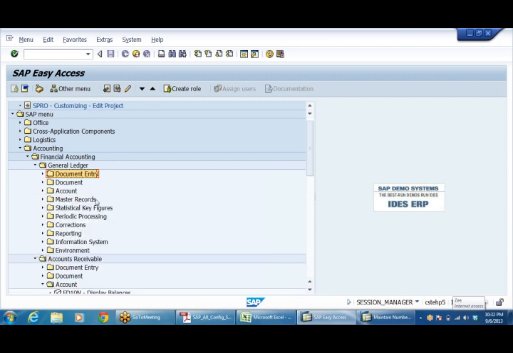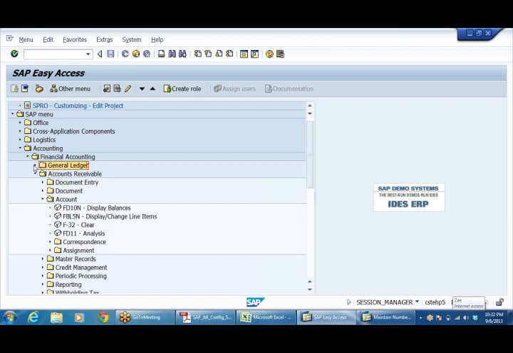So this is posting of an invoice. Now receipt of payment, right? Receipt of payment we'll see in the next session, because there is the clearing of open items. A lot of explanation is required for that. Right? We'll take it up in the next session.